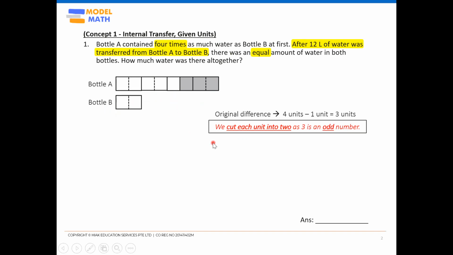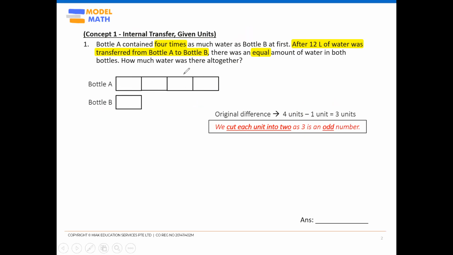All right, so some of you, maybe if you find that this is very confusing, how do I know, I have to keep remembering the fact that I have to find the original difference, decide if it's an odd or even number, and then to cut or not to cut, all right? So it's okay, let's say if you don't use this logic, it's fine because